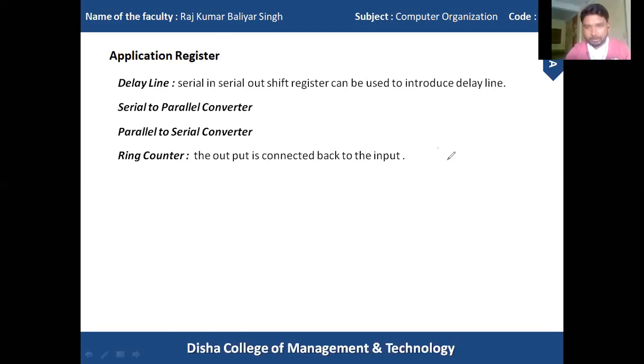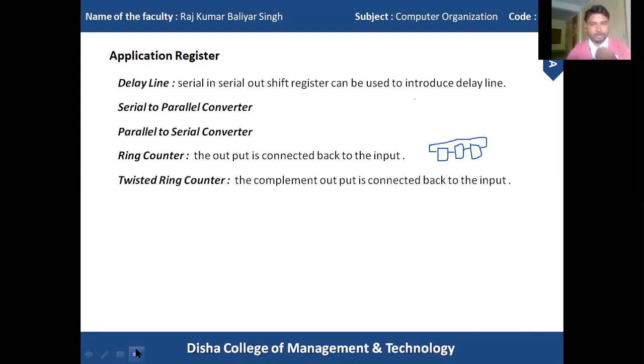Suppose I have one D flip flop, another D flip flop, and all the D flip flops are connected together. That is, Q is connected to the input of the next flip flop, and so on. Suppose this last Q value is connected back to the input; such a device is called a ring counter. Because as you know, a register is not only meant to store the data, it also shifts the data. Got it?